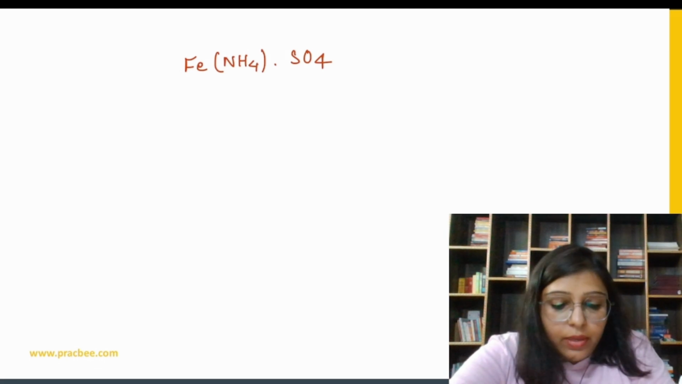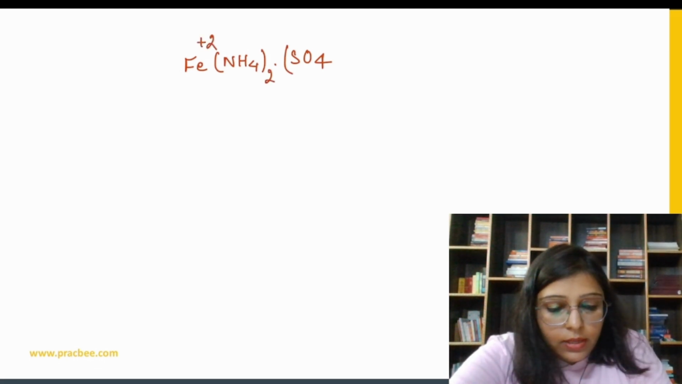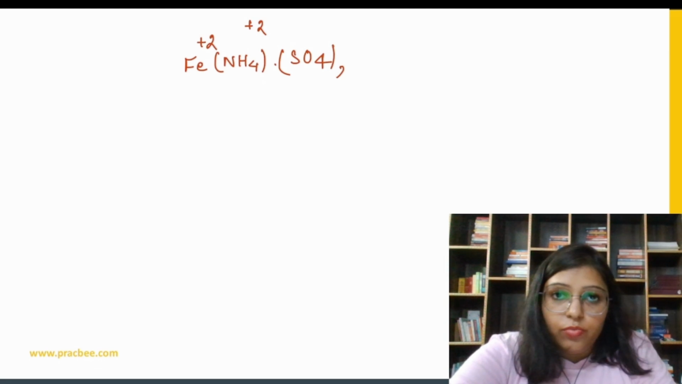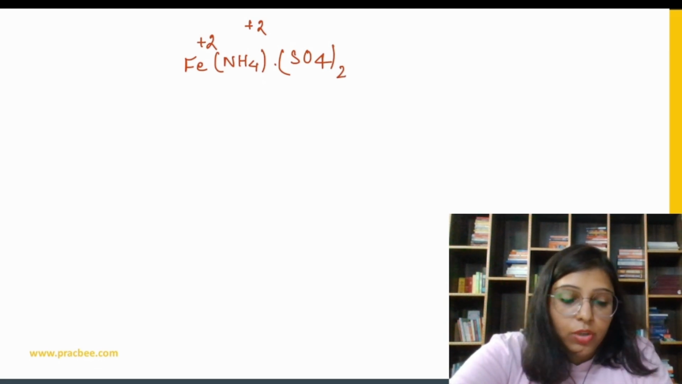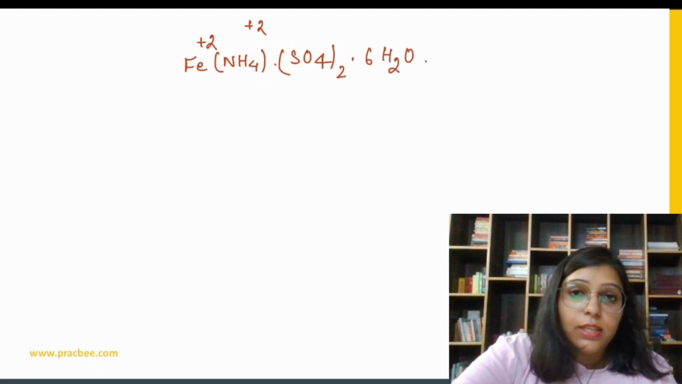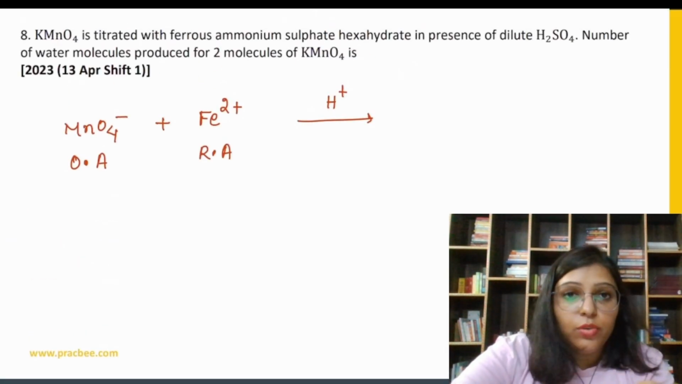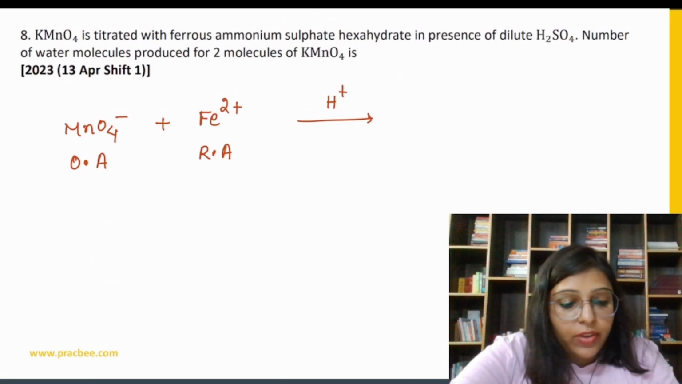Fe plus 2, ammonium plus 1, so here the total is plus 2, so SO4 2 minus. That is going to be the formula of ferrous ammonium sulfate, and this is the hexahydrate, which means 6H2O. Now the point is, ferrous from ferrous ammonium sulfate hexahydrate in presence of H plus is